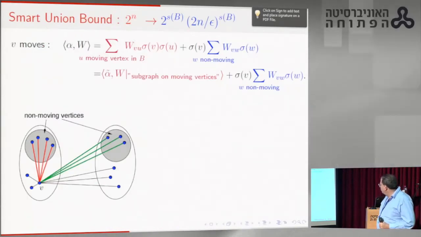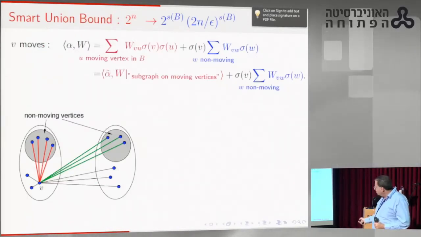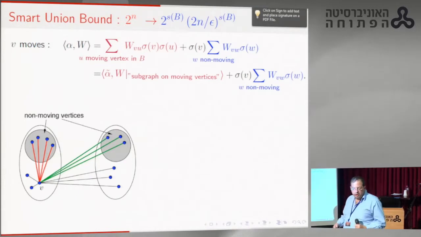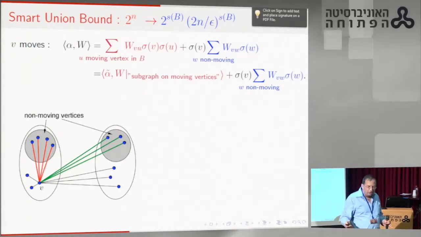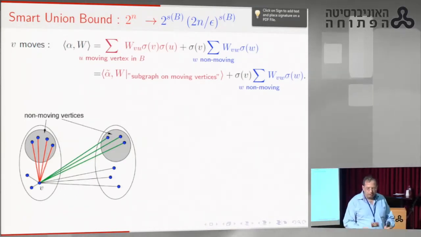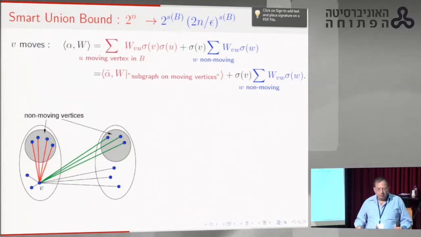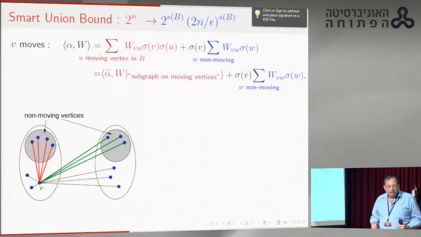So what we're doing is dealing in a different way with this 2 to the n configuration bound. Again, enumerating the number of moving vertices can be small, can be just square root of the length of a block. So enumerating over all of them is deadly. We don't want to do that. But we have to figure out that the moving vertices,